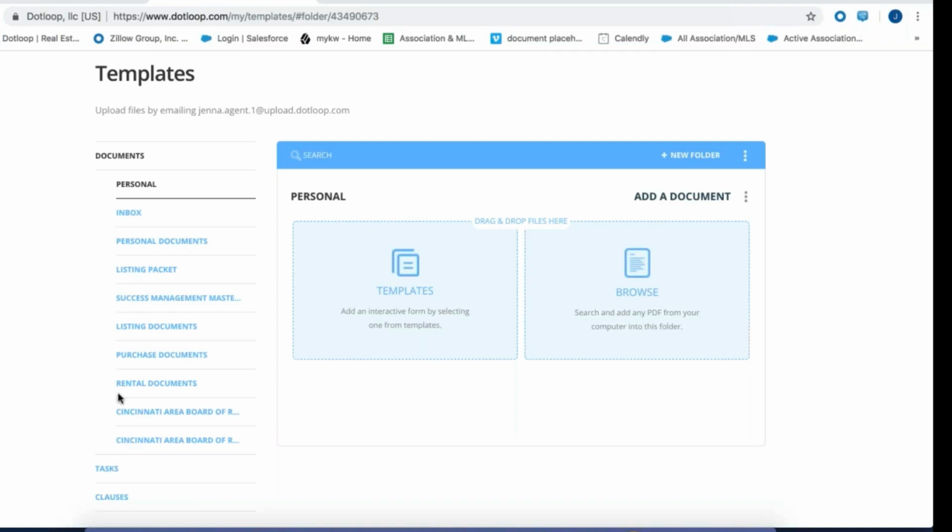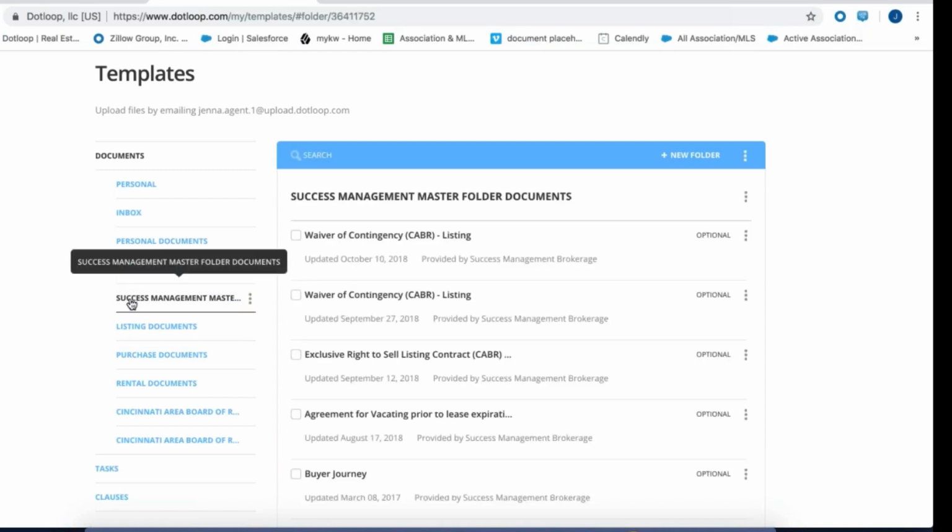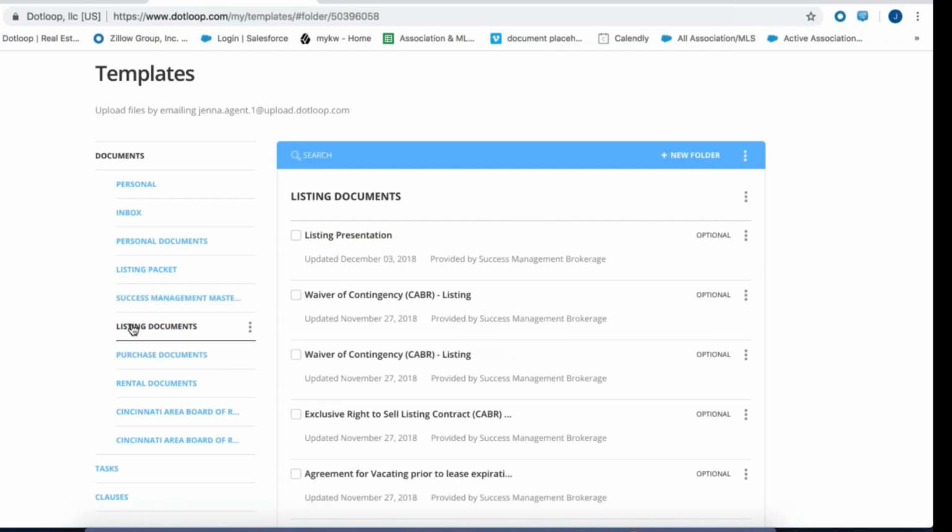So again, the reason I can tell this was from my brokerage is, one, I know I didn't build this, but I can click on this folder, click on the 3 gray dots, and if I just see an option of duplicate, that's how I know that was supplied to me from my brokerage. So my brokerage did a great job. They set these up for us. They even broke them out into different categories for our listing documents, our purchase documents, and so forth. But for me, when I look in the listing